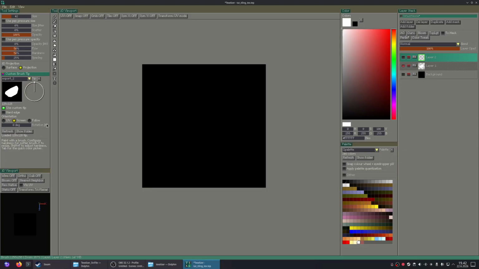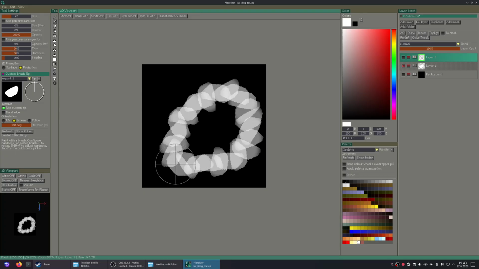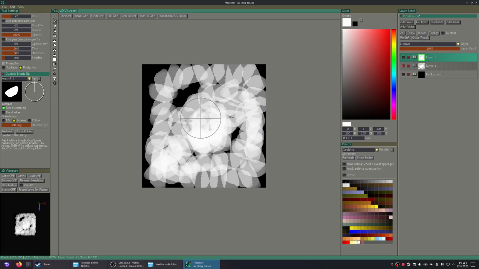By the way, sorry about this font. With the new truncation options, it should show 3 dots here, but instead it's showing just a question mark with this font. But yeah, this rotation jitter just randomizes the rotation of this brush tip with each dab.